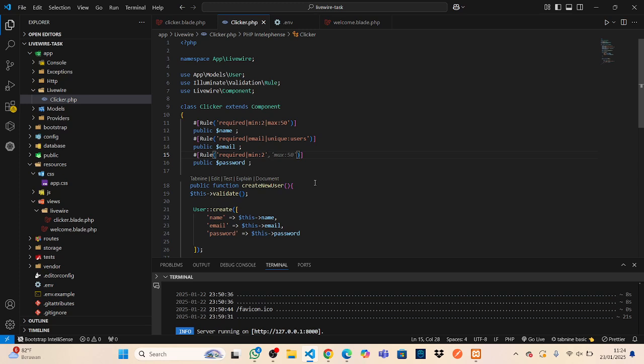Annotation, sorry, validation. This is what I like. So I personally prefer this one. I think it's a bit cleaner, and you're not adding unnecessary